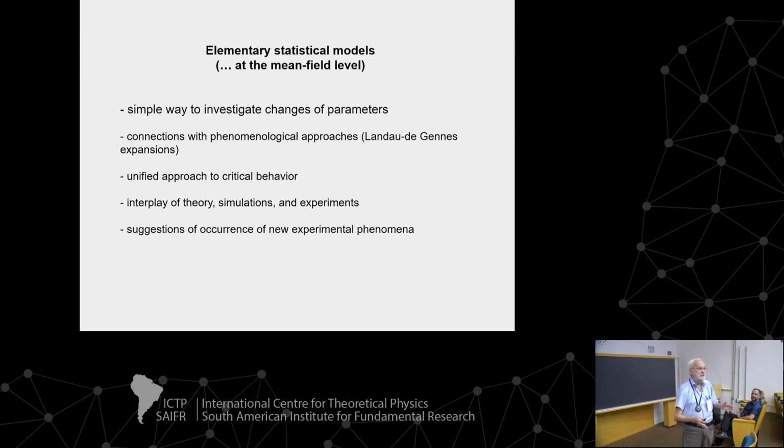Magnetism is an excellent laboratory, okay? Because you do have translational symmetry, you have much more control on those models, on those systems. That's not the case in soft matter. So in soft matter, there is no lattice, etc. So mean field should be reasonable, okay? At least from the qualitative point of view, no doubt. Okay, so in the last couple of years, we have a return to mean field. All right, so